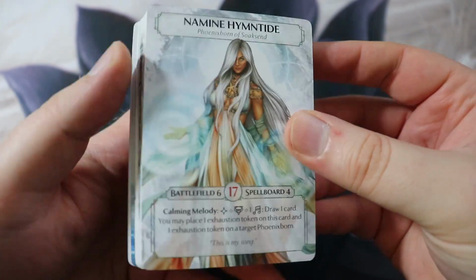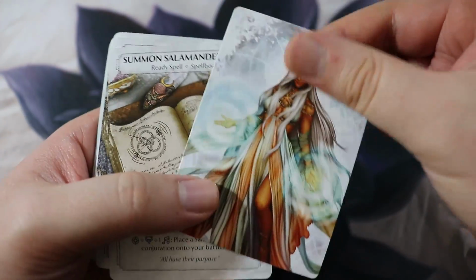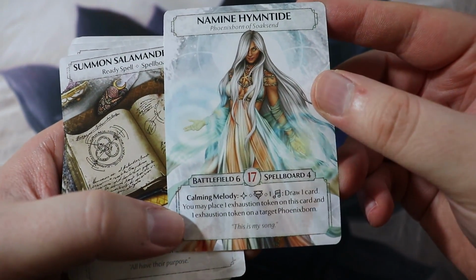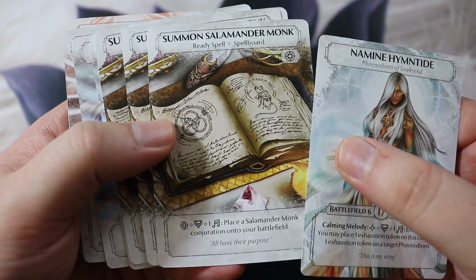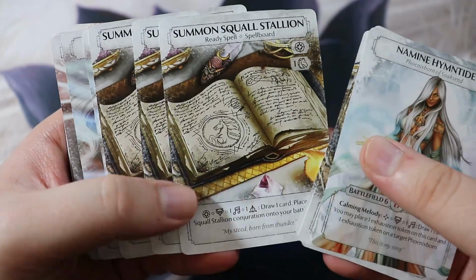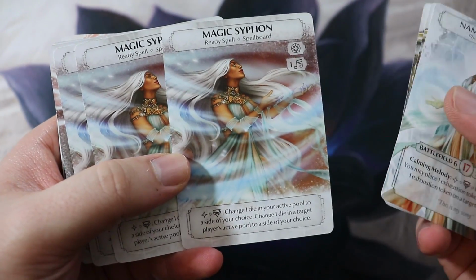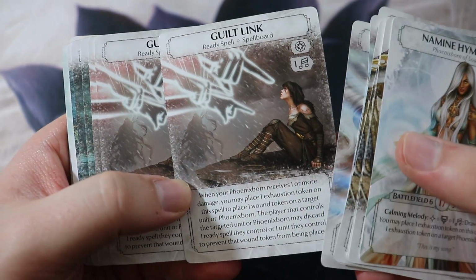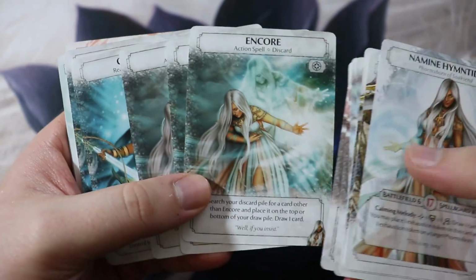So this is Nameen Hymtide. She can have quite a large battlefield. To me, she looks like a spellcaster, a wizard, sorceress type of class, but looks like she can have a lot of dudes. Maybe she just summons a lot of dudes. I don't know. Salamander Monk, huh? Interesting. Squall Stallion. Nice. Magic Siphon, ready spellboard. Beautiful. Guilt Link. That's gotta be a pretty rough one there. Encore. Nice. Well, that makes sense. She's, you know,